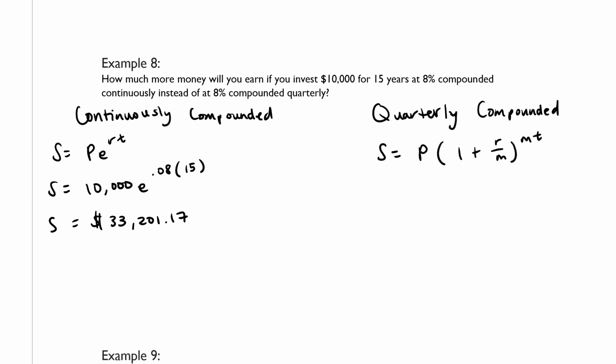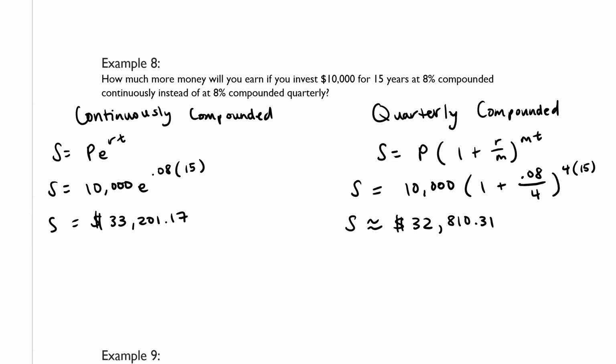power of mt. So that is going to equal 10,000 times 1 plus our interest rate is 8%, and we are compounding 4 times per year for 15 years. And if we throw that into our calculator, we get that S is approximately $32,810.31. And if we subtract those values, because we want to see the difference,